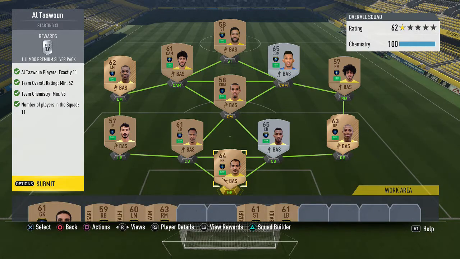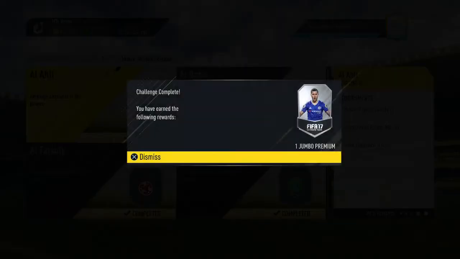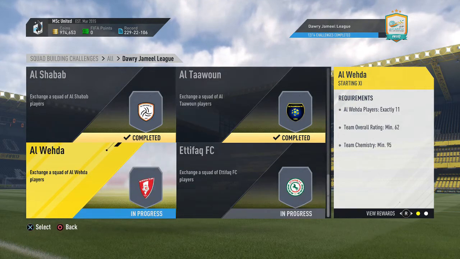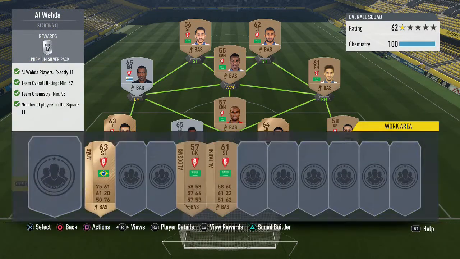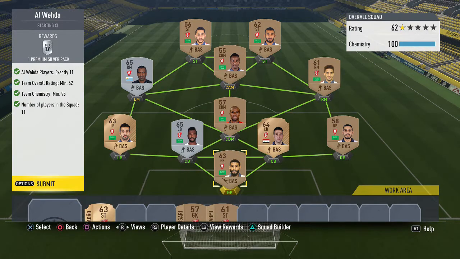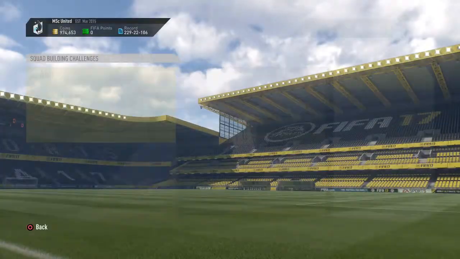Another team that rewards you a silver pack in this case, and another one that is bronze dominated. So it is super cheap, super easy to complete. 2 more to go. Alwida is the penultimate team that we have to complete. Again, bronze team, 62 rating is required. Super easy, nothing really to worry about if you do the bronze pack method, and we get another premium silver